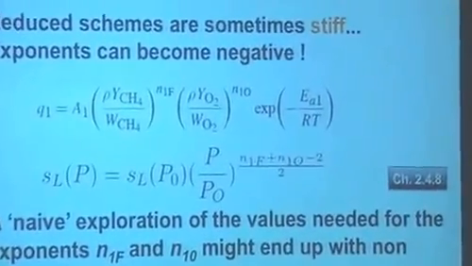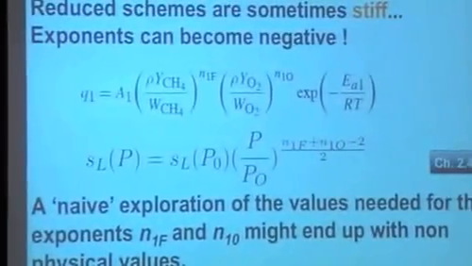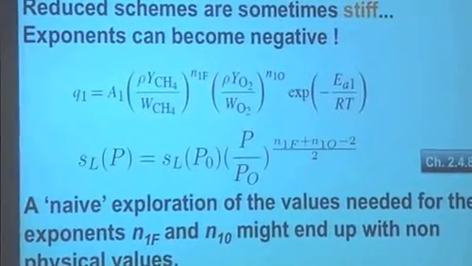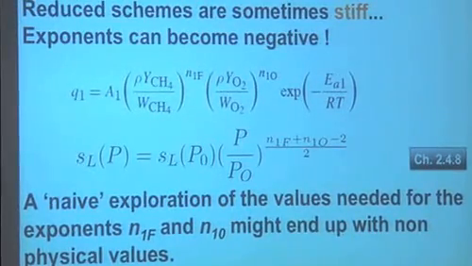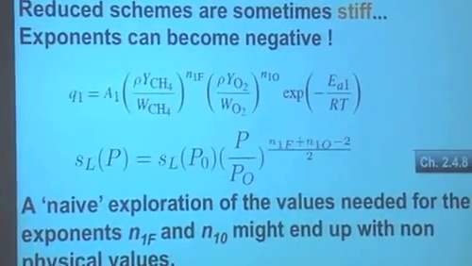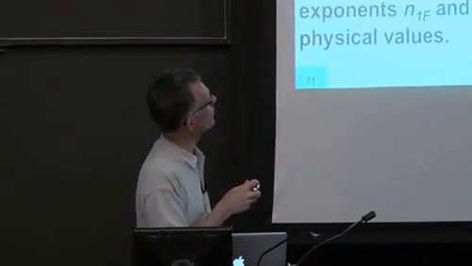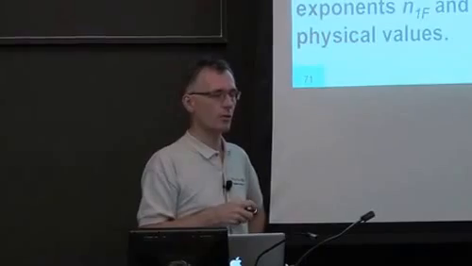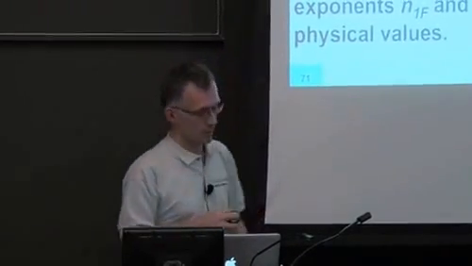Stiffness. There's a big problem with reduced schemes. The people reducing schemes try to match laminar flames, but don't really look at the constants they end up using. For example, some of these reduced schemes in the paper of Jones and Lindstedt have negative exponents here. They have a minus something. So you can imagine if the species is not there, you have 0 to the power minus something that blows up right away. So the fact that you optimize on the target flames might lead to schemes which are extremely stiff, stiffer than the elementary reactions. And in that case, it's a problem because, of course, in the 3D code, it will be a big problem.